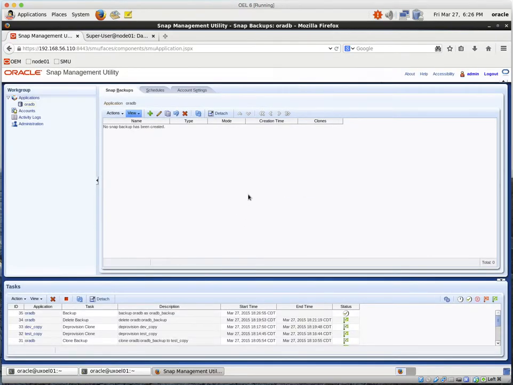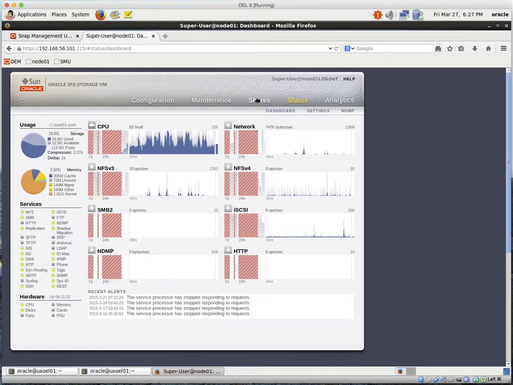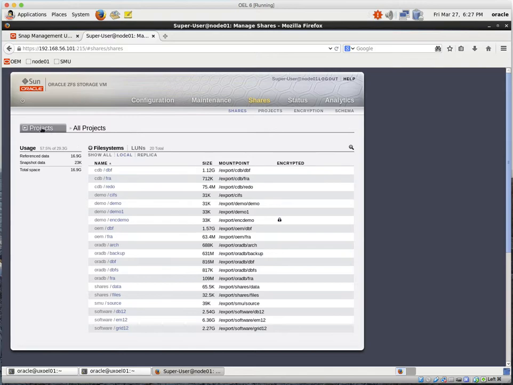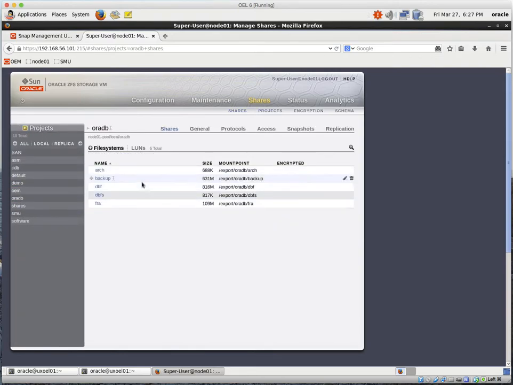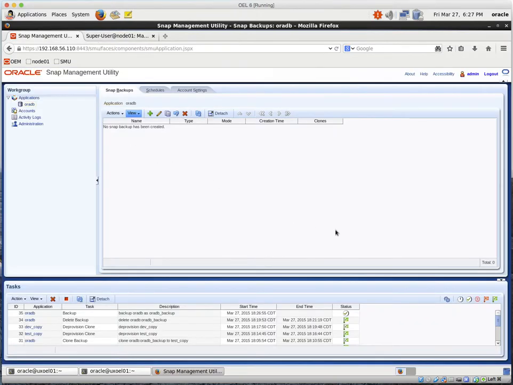And with a few clicks of the mouse, that process is going. What this is going to do is put that database in hot backup mode. Then it's going to create snapshots, those space-efficient snapshots of the AuraDB shares. And then it's going to complete. So here's the AuraDB shares. So while this job is running,